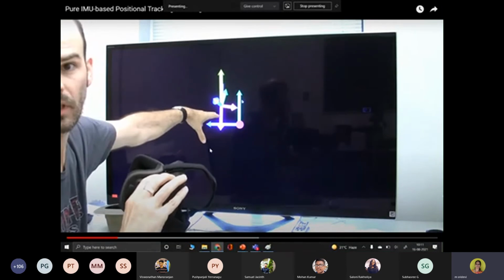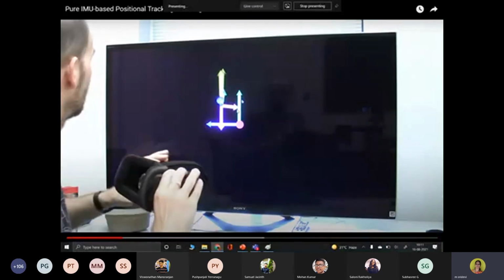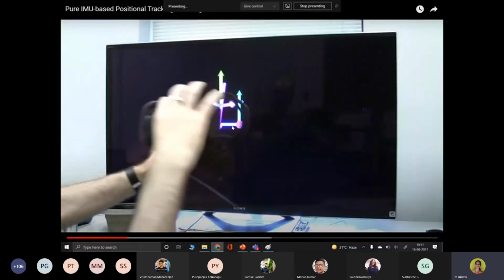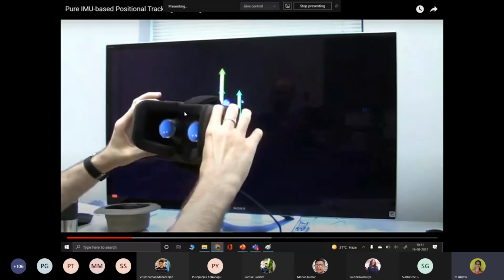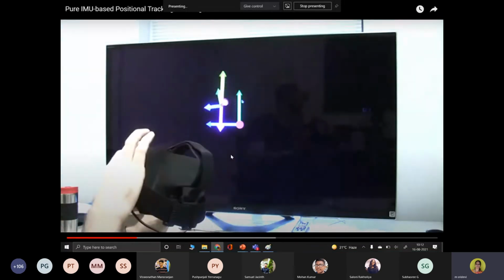As I told you, based on the viewpoint, whatever you are viewing will vary. So now he is trying to rotate and he can show you how it is displayed in the display system.